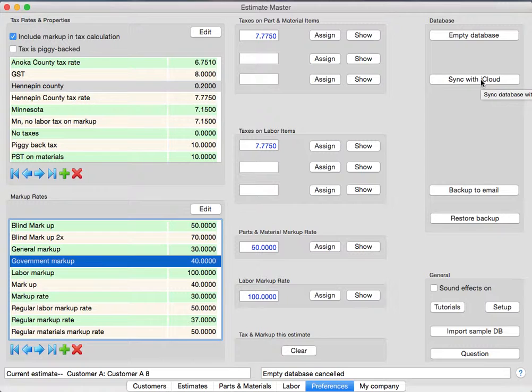organization. Really, everybody on their Mac, or it actually works with Estimate Master for iPad as well. They need to have their device, whether it's a Mac or iPad, logged into the same iCloud account. And when you do that, there's one more copy of the database. In other words, each copy of Estimate Master has a database, but when you sync with iCloud, there's another copy in the iCloud, the Apple iCloud, and so when you sync with it,